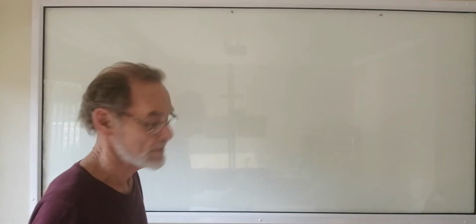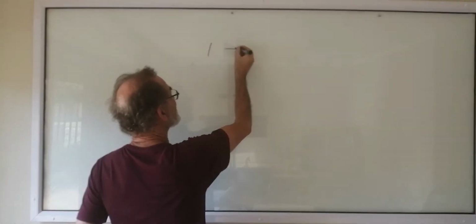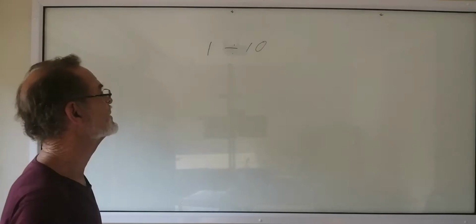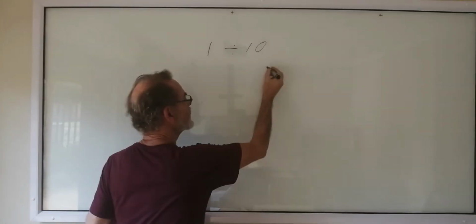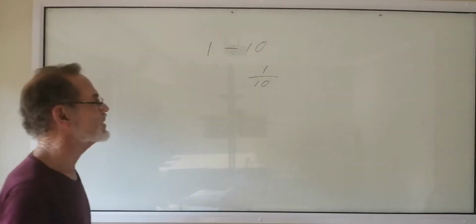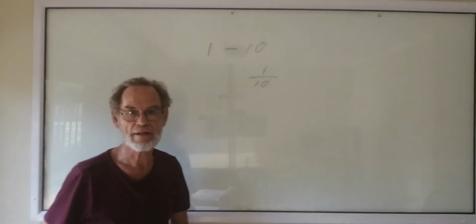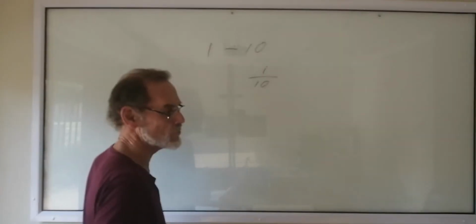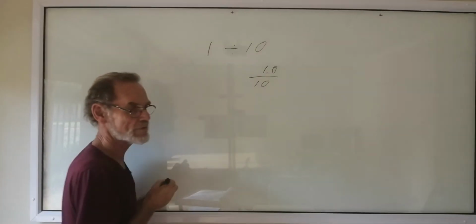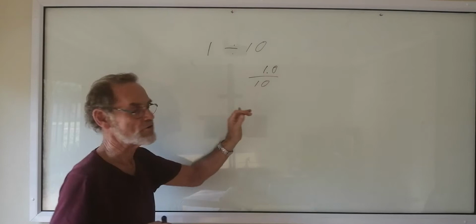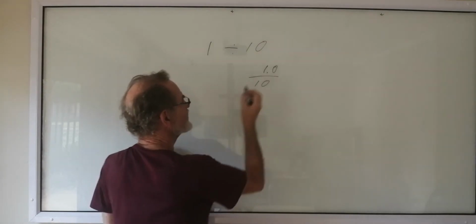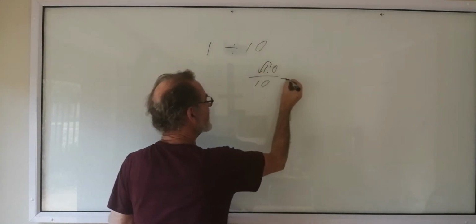I'll show you how. So, what is 1 divided by 10? This is why we've changed to the decimal system, because it's much easier. 1 divided by 10 we can write as 1 over 10. That's 1/10. But what is that as a decimal? Well, you've got to divide 10 into 1. How do you divide 10 into 1? 1 is actually 1.0. Okay? So, to divide, you've got to move the point to the left. To the left. Okay? So your answer is